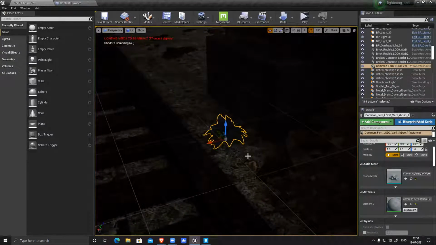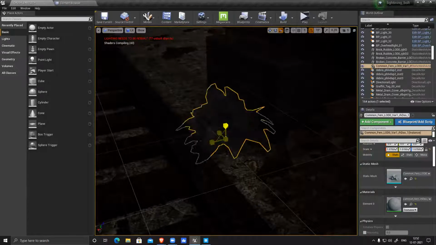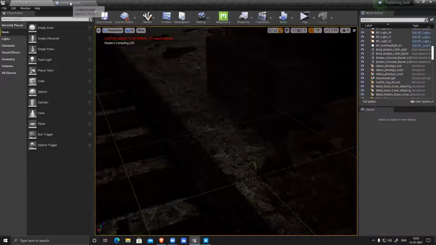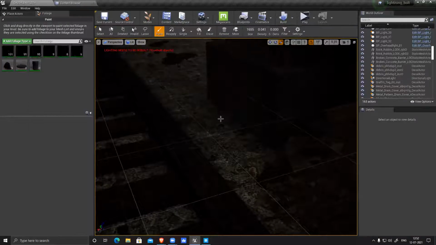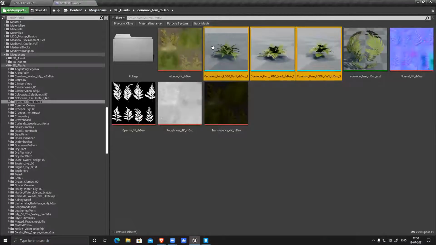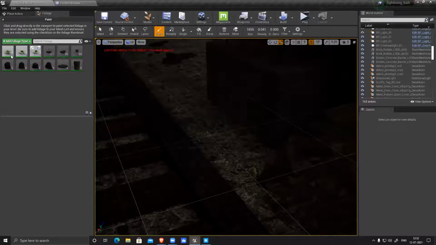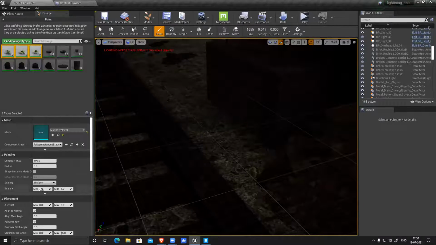So I can see the scale. I need to increase it, maybe 3 times, 3.5 times. So what I'll do is, for here, I will use foliage. I'll go to foliage and paint it instead of doing it manually. Drag and drop here, all three are active. Select all three of them.